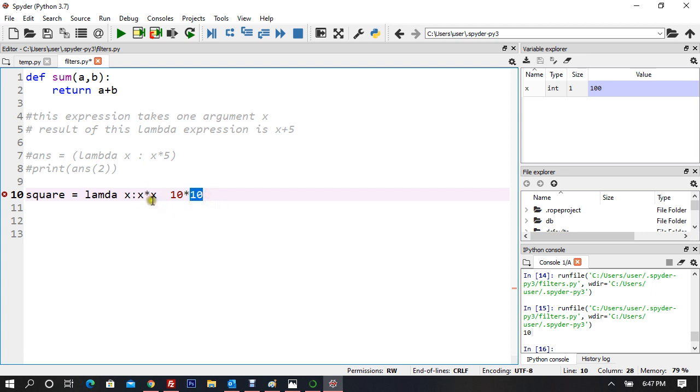10 as a second argument, this 10 goes here. 10 into 10 is 100, goes to this x, and this square is going to have 100, right? It depends on what value I supply. So let's supply,